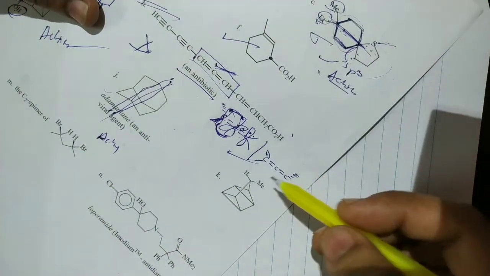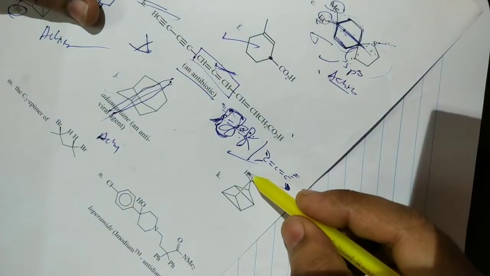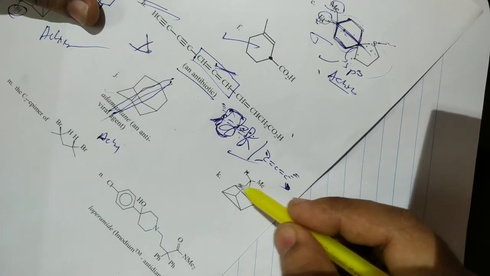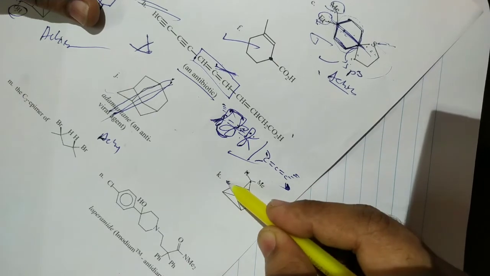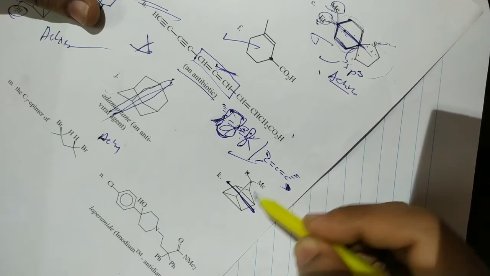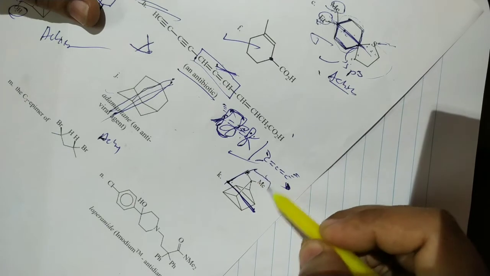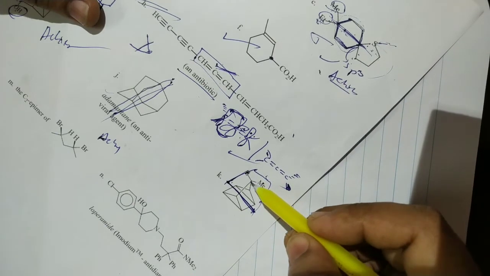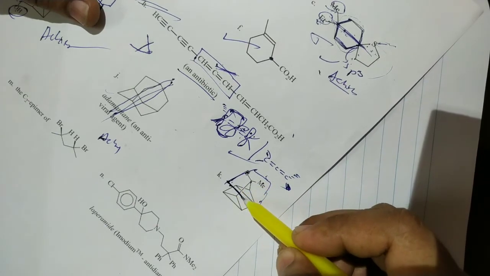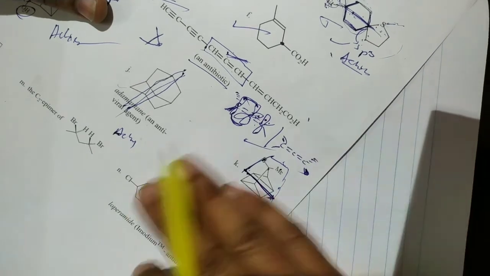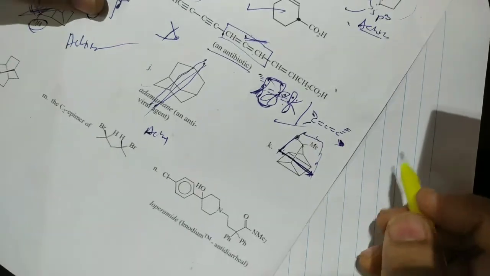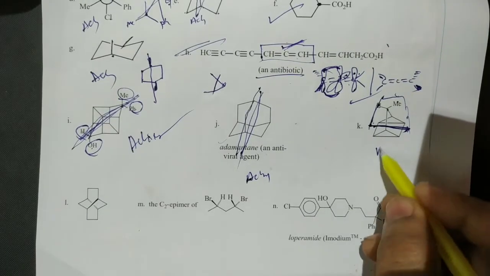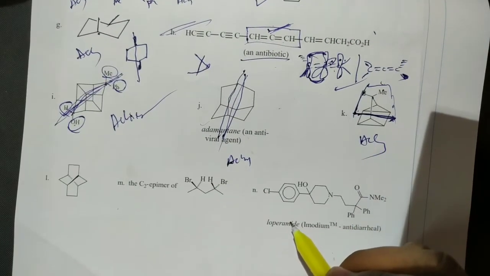In this case our imaginary plane is again passing through the hydrogen, methyl, this carbon, and the total ring is cut like this. This molecule is cut into two equal halves. Our imaginary plane is passing through the hydrogen, methyl, this carbon, and towards the middle of the ring actually. So it is converted into two equal halves. Okay, it is also an achiral molecule.